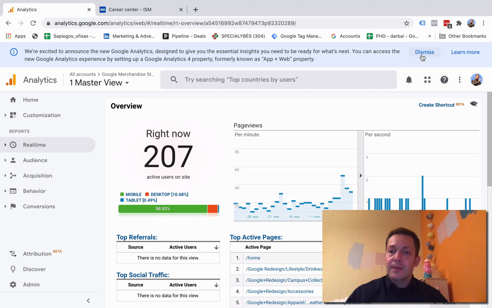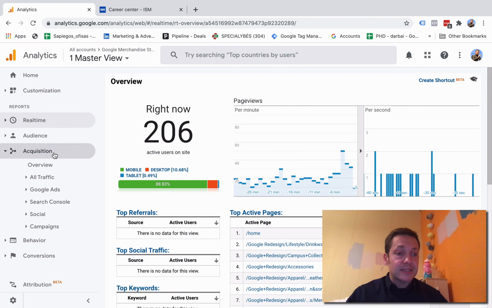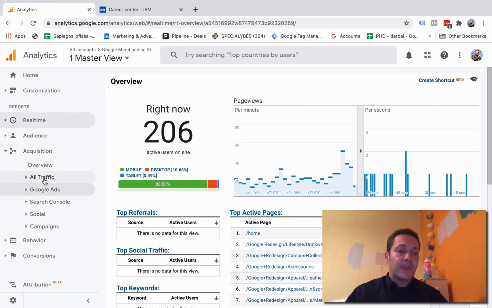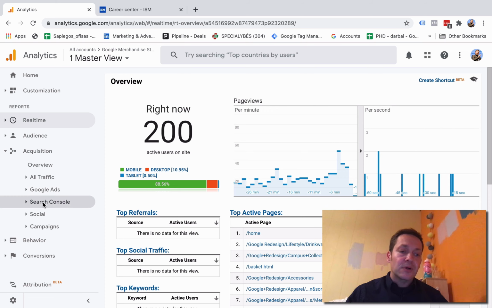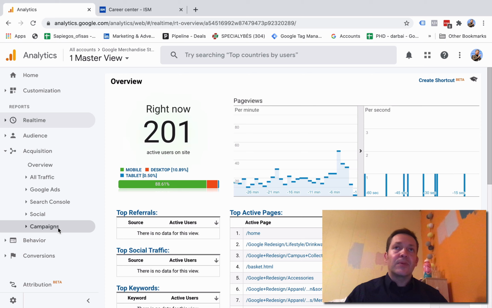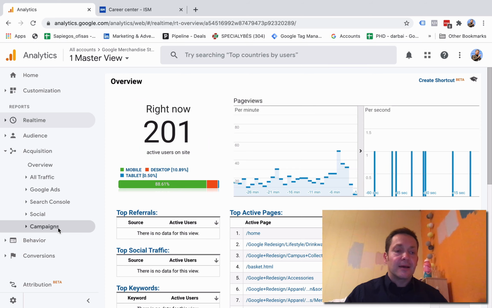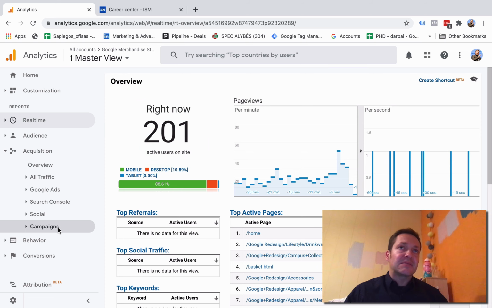Also very simple, and this is exactly what you can collect. You can learn from which channels they came, how some campaigns, e.g. Google Ads campaigns, performed, from which SEO keywords your clients came, what happened when people came from social media accounts, what happened when somebody came from campaigns. What are campaigns? Campaigns basically